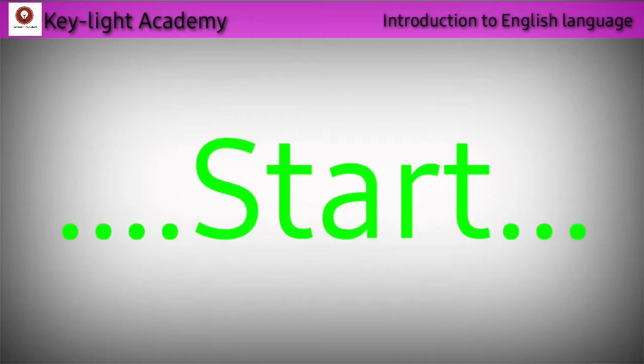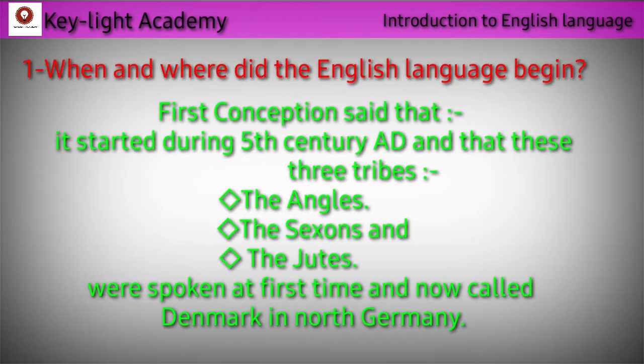Let's start our lesson. When and where did the English language begin? We will discuss several opinions. The first conception says the history of the English language really started with the arrival of 3 Germanic tribes who invaded Britain during the 5th century AD. These tribes, the Angles, the Saxons and the Jutes, crossed the North Sea from what today is Denmark and northern